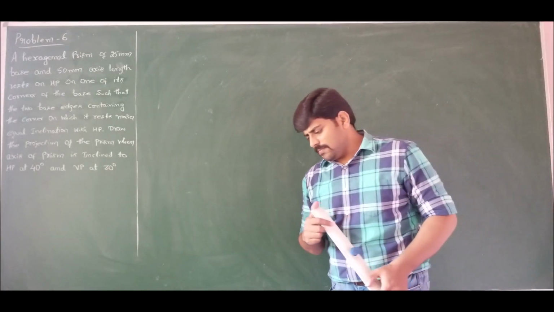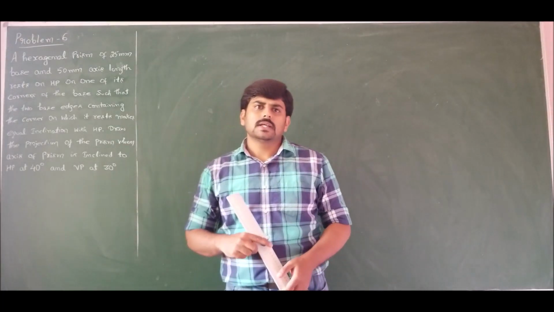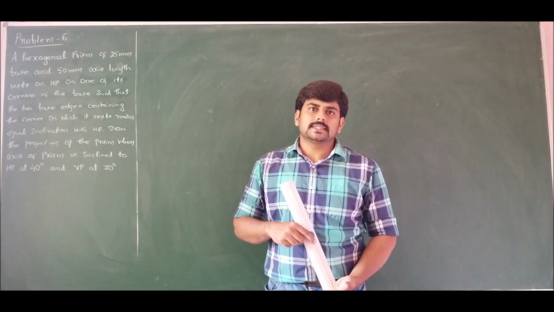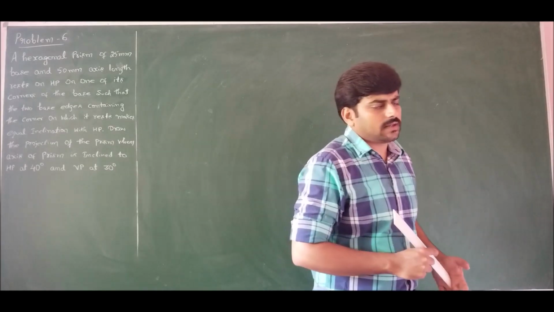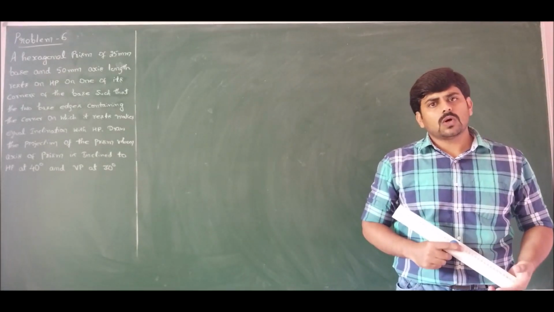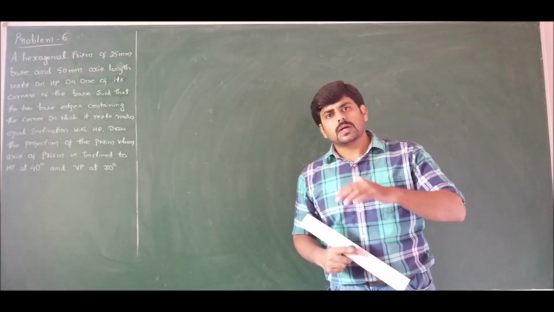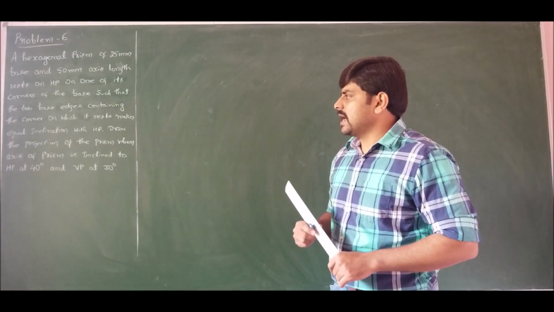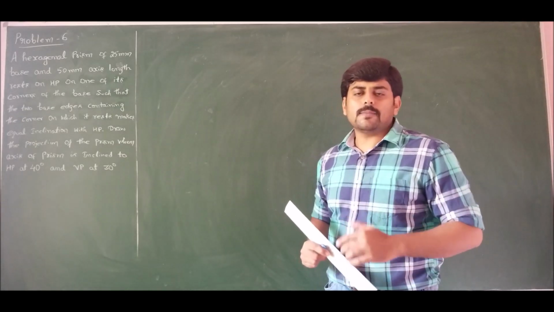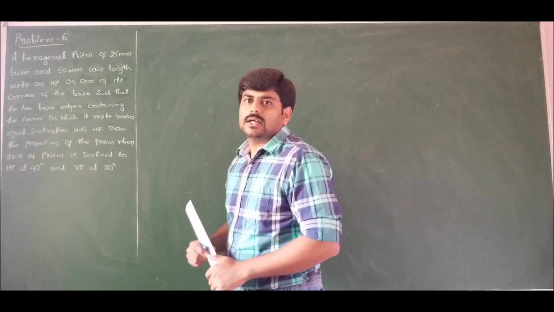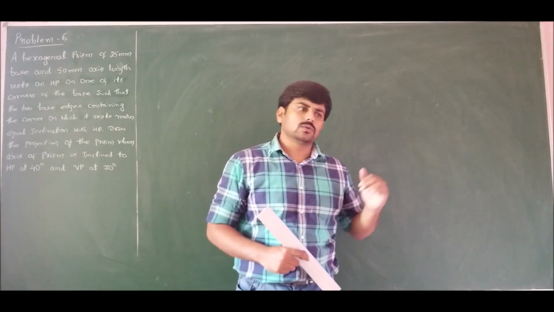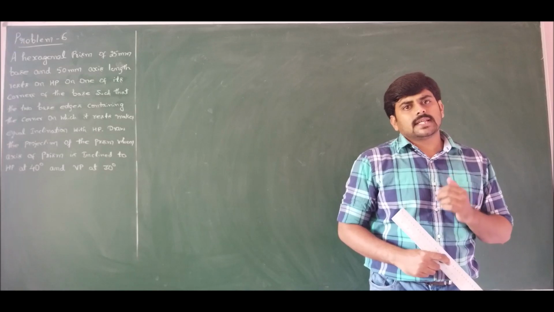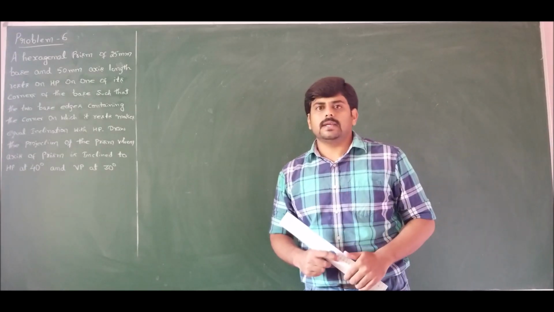Therefore, in the first position, I should make this hexagonal prism stand on HP without inclining to any of the planes. Since it is resting on HP in the first position, in the second position, I should show the inclination of the prism with respect to HP itself. He is clearly stating the axis inclined to HP at 40 degree. In the third position, I should show the remaining inclination, which is the inclination with respect to vertical plane. Again, he is stating the axis is inclined to vertical plane at an angle of 30 degree.